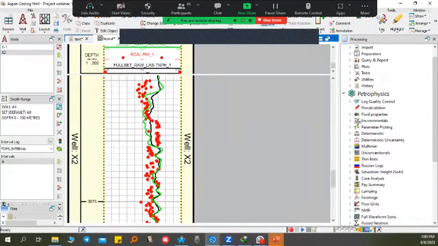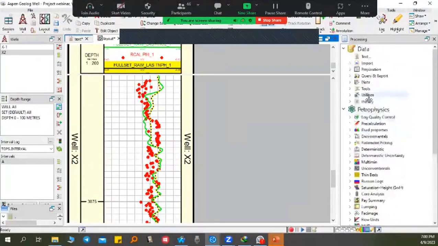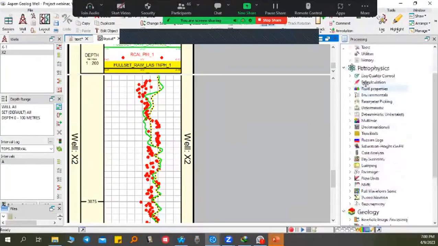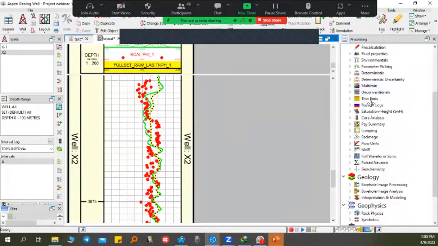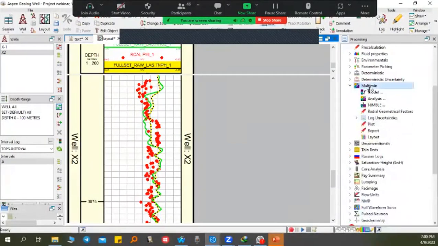And we can go to technical modules such as Multimin.